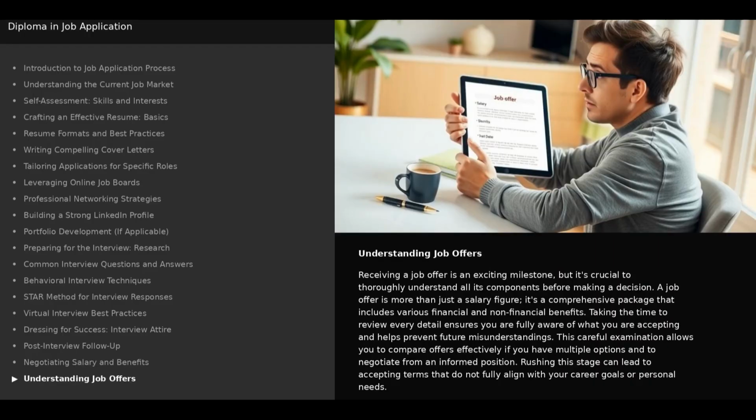Understanding job offers. Receiving a job offer is an exciting milestone, but it's crucial to thoroughly understand all its components before making a decision. A job offer is more than just a salary figure. It's a comprehensive package that includes various financial and non-financial benefits. Taking the time to review every detail ensures you are fully aware of what you are accepting and helps prevent future misunderstandings. This careful examination allows you to compare offers effectively if you have multiple options, and to negotiate from an informed position. Rushing this stage can lead to accepting terms that do not fully align with your career goals